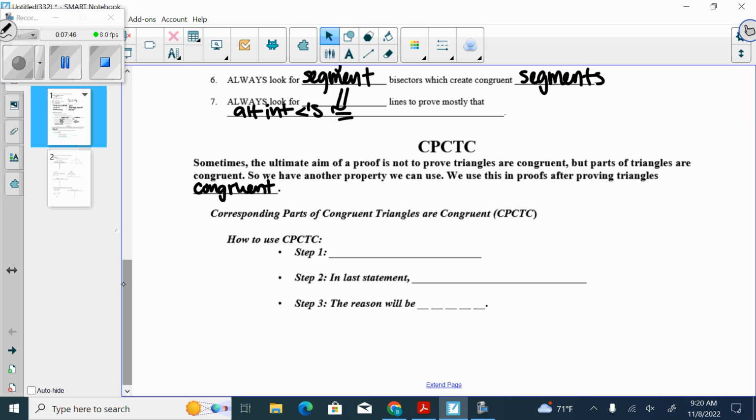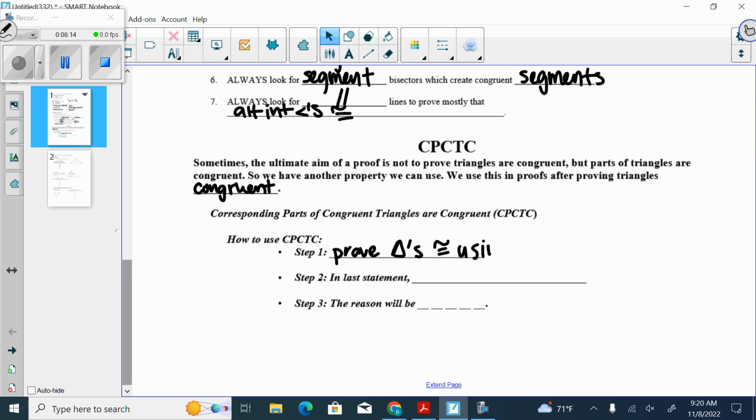Well, first of all, you have to have already proved that your triangles are congruent. So the proofs that we were doing yesterday, that's what you would want to do. You're given, mark 3 things, and then say triangle whatever is congruent to triangle whatever by SAS or whatever it is. So first step would be to go ahead and prove that triangles are congruent